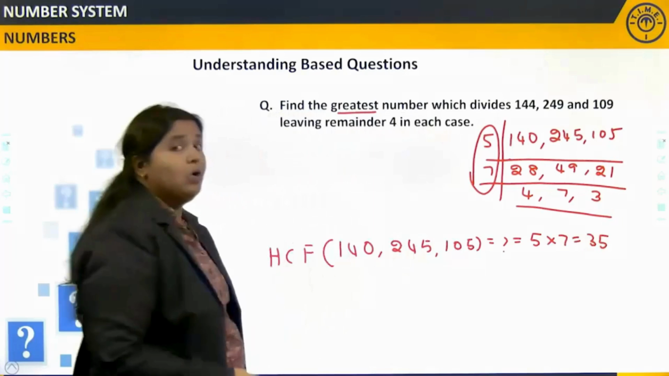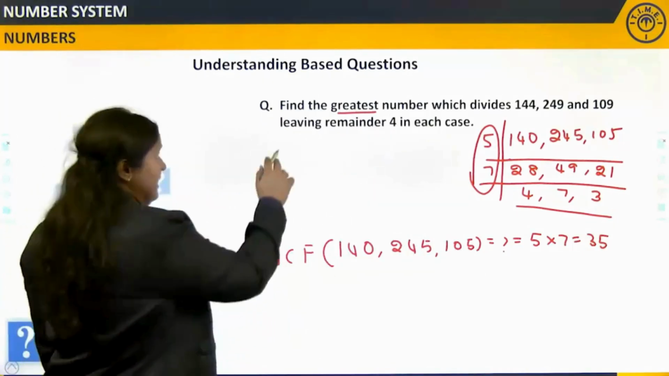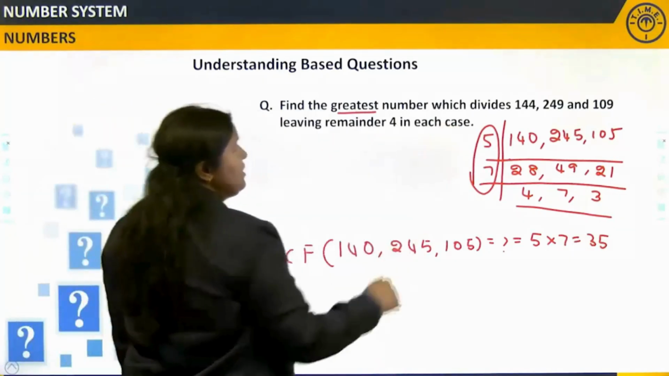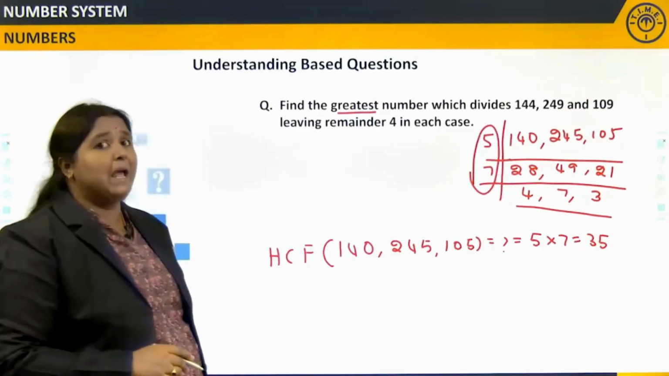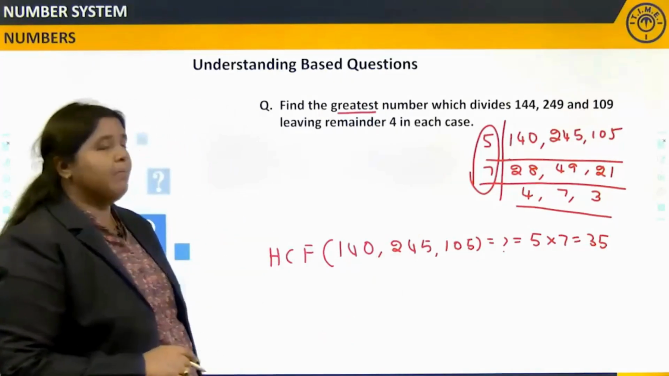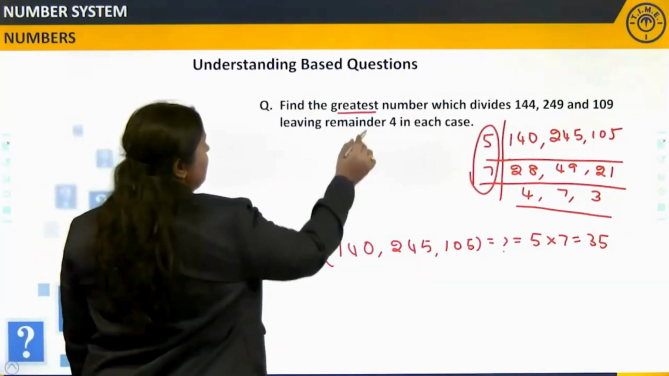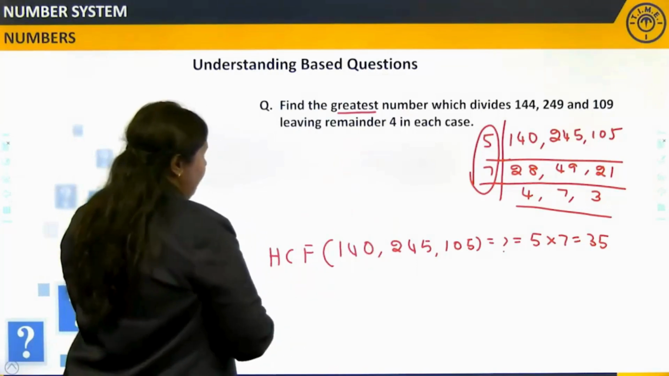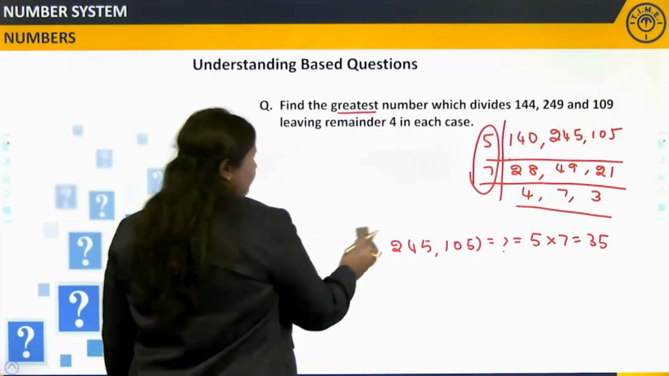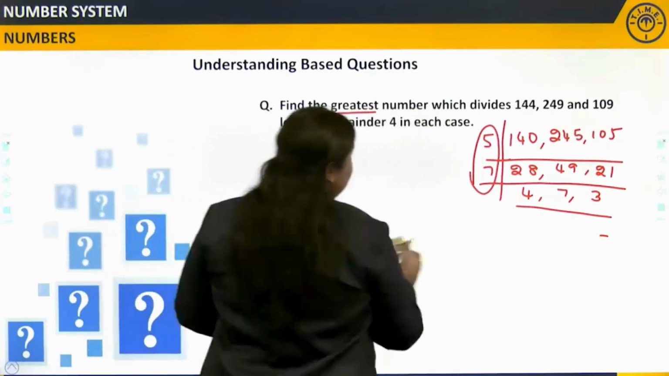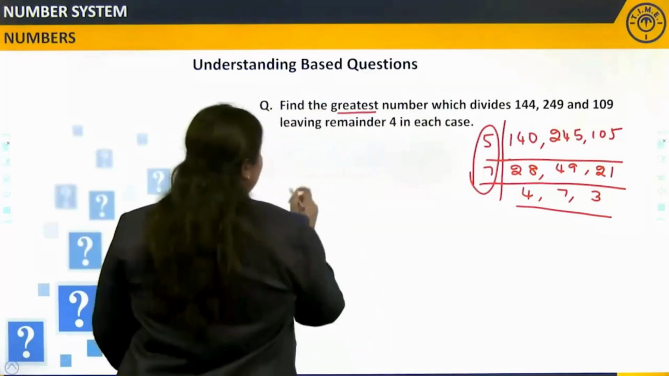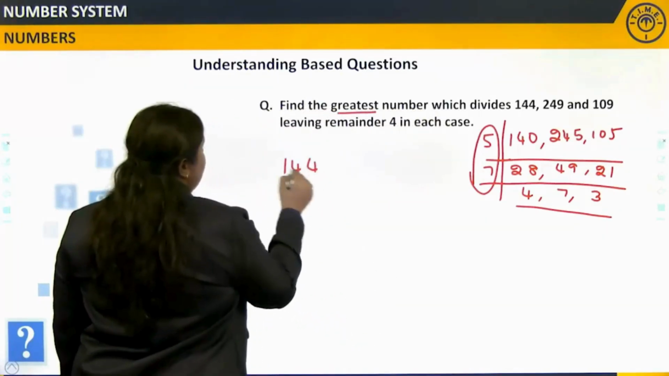35. So, 35 is the greatest number which divides 144, 249 and 109, leaving the remainder of 4 in each case. Okay. So, what is the answer? Answer is 35. You can also check it. How to check it? Go ahead and divide. You can do a quick cross check, right? So, 144 when you